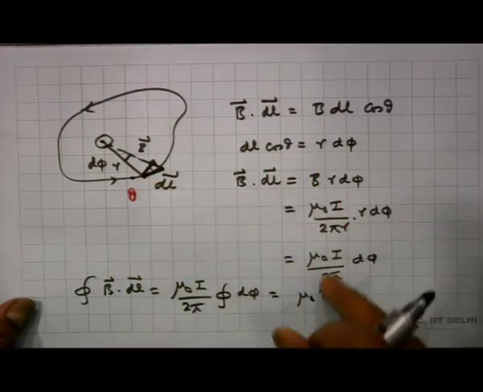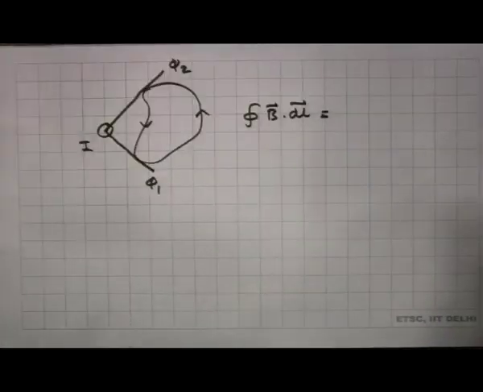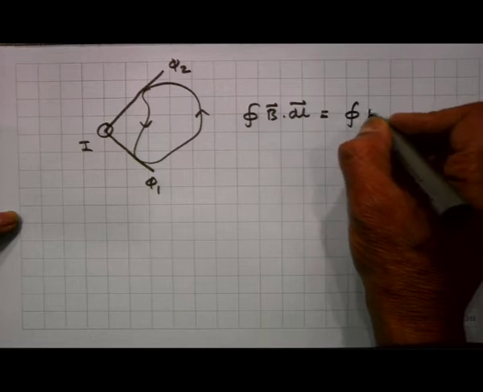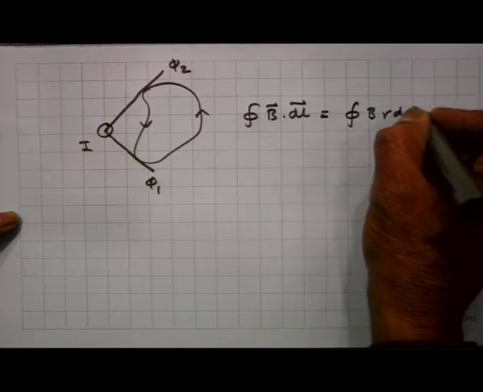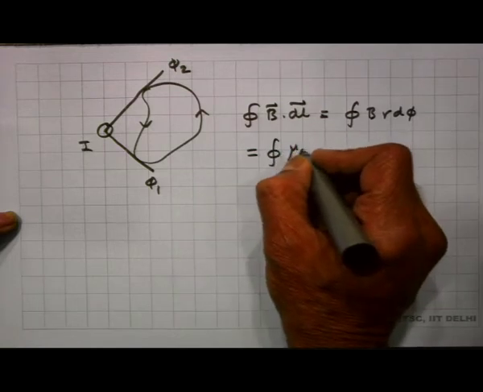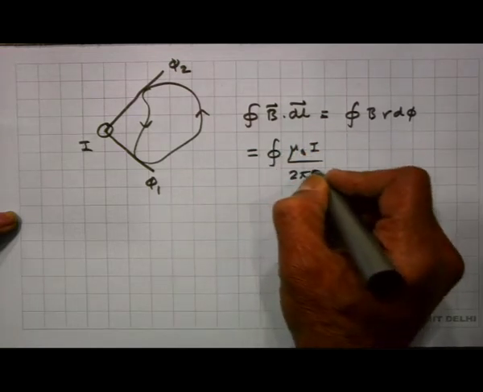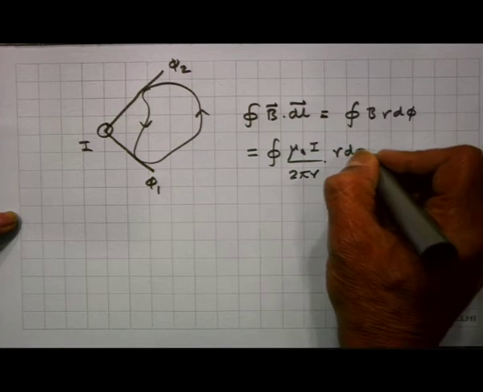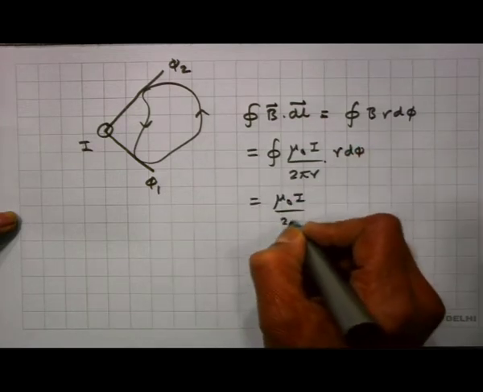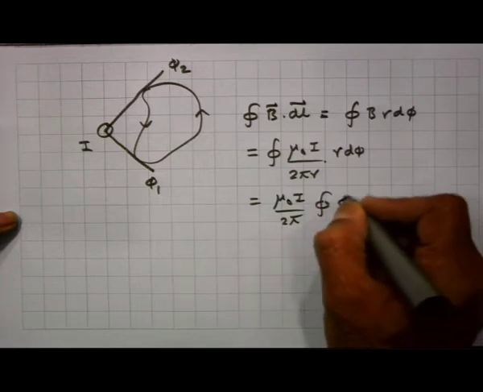So, B dot dl is nothing but B r d phi. So, this is integral B r d phi, which is equal to integral mu naught I by 2 pi r into r d phi, which is equal to mu naught I by 2 pi integral d phi,